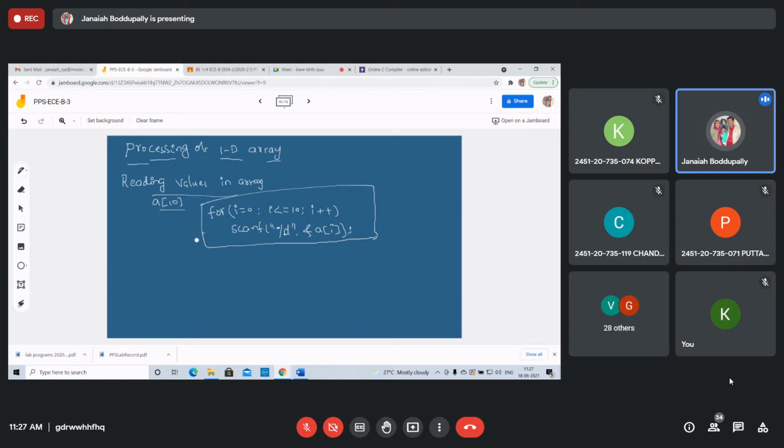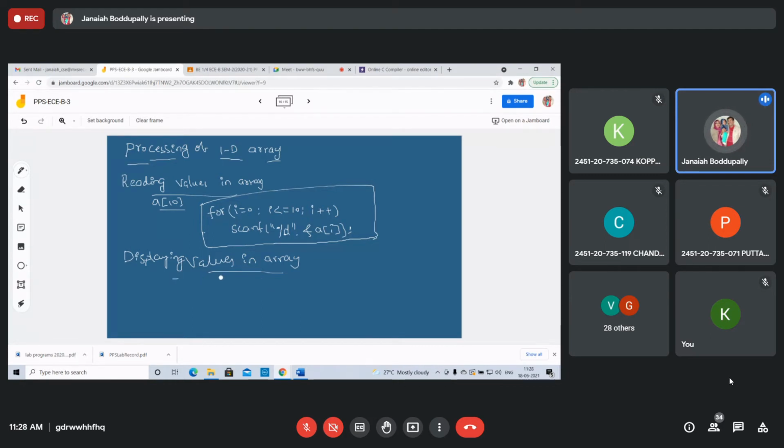Now displaying the values. How can you display the values using a primary variable? Printf("%d", variable name). Same here, but we need to take the for loop.